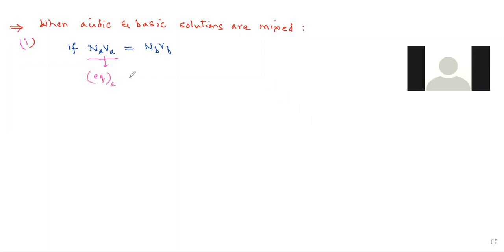So this NaVa can be given as the number of equivalents of acid, then NbVb